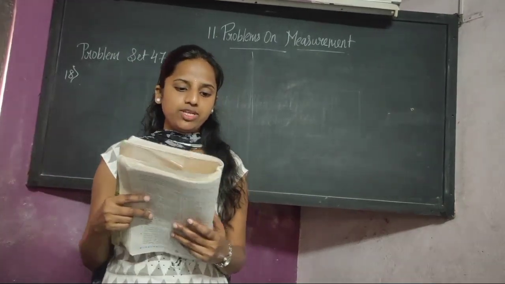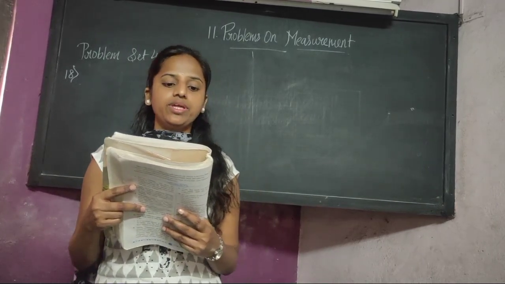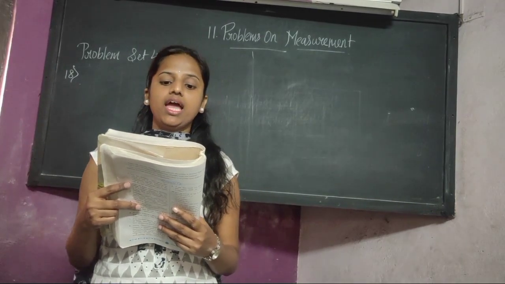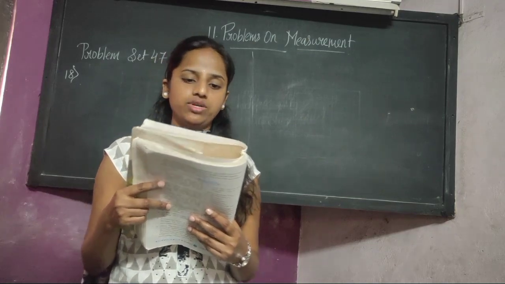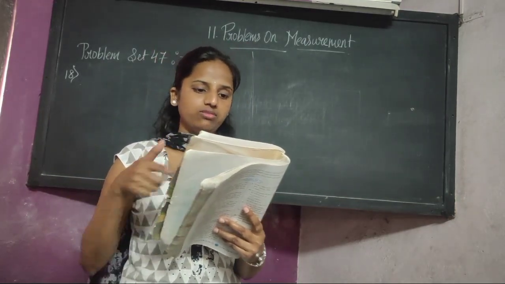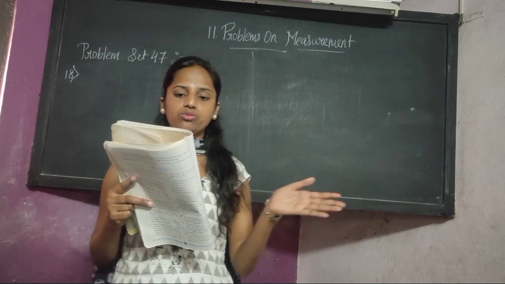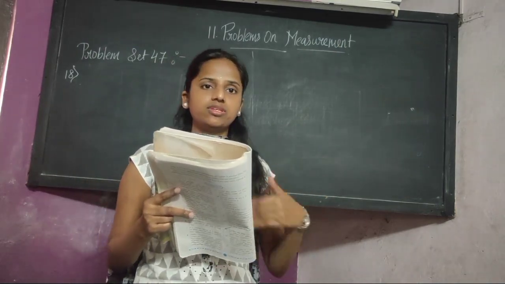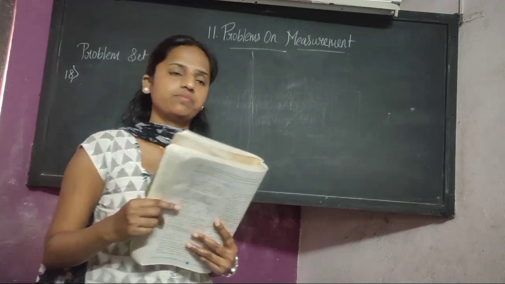Okay, now let's see the question number 18. One day, Gurminder Singh walked 3 km 750 meter and Parminder Singh walked 2 km 825 meter. Who walked further and by how much? So here who walked further? Gurminder Singh walked 3 km 750 meter and Parminder Singh walked 2 km 825. So 3 km is greater, that means Gurminder Singh walked further. How much he has walked further, that we will find out by subtraction.